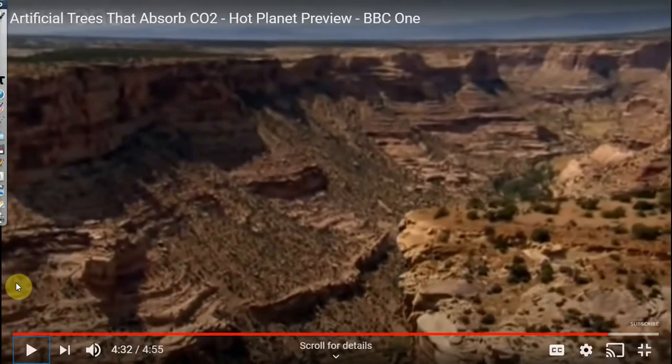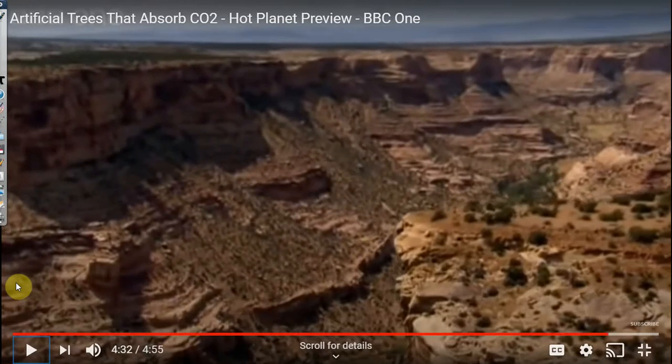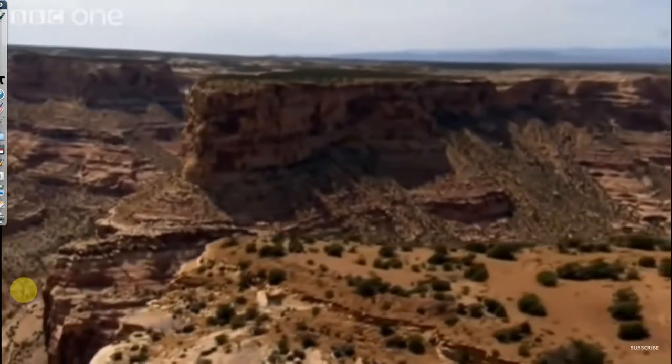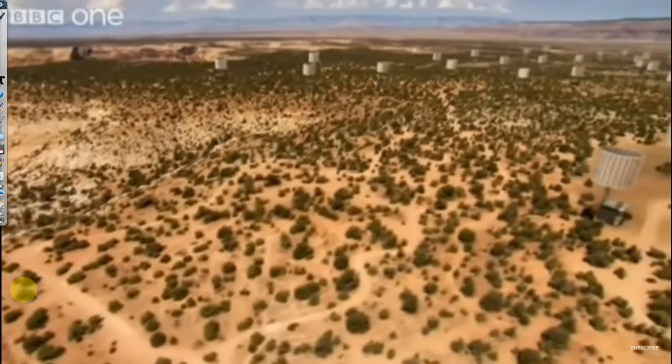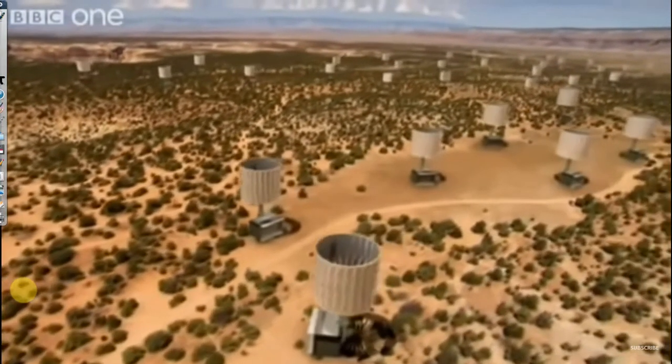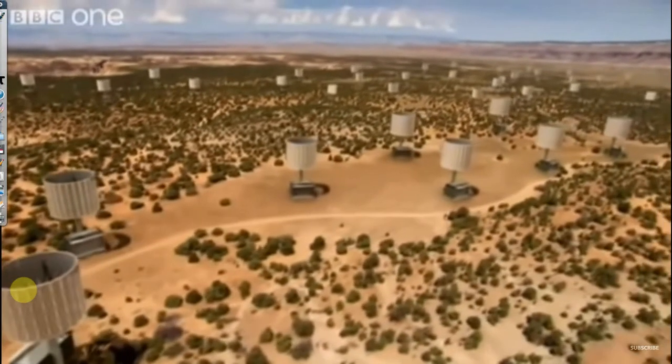That was a question I had, is where's this carbon going to be put? Where it's just not going to be re-released to where it shouldn't be. But that's being tested in Utah. And because CO2 levels are the same around the planet, a great forest of artificial trees could be placed right on top of storage sites, so the CO2 wouldn't have to be transported.